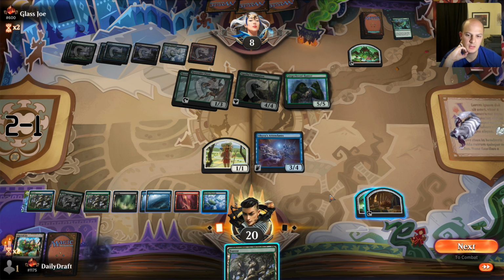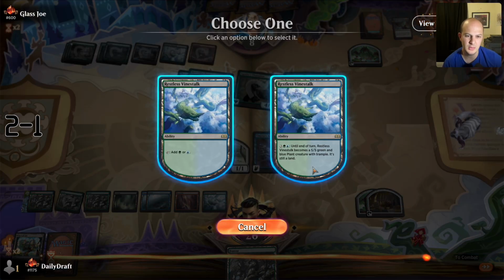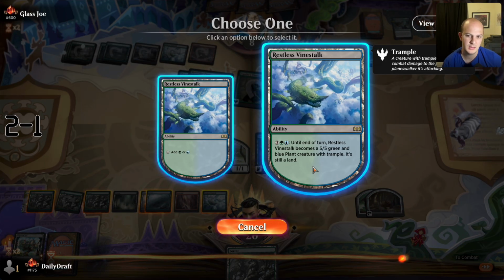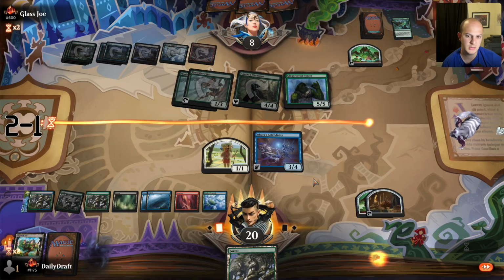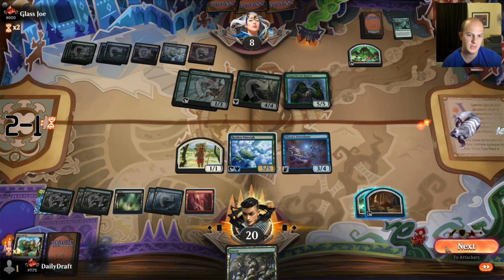Do we die? If we attack here, 5, 6, 7, 8, 9, 10, 11, 12, 13, they're going to be forced to chump to survive. I don't think we die. We also have access to a food to eat it. So we go